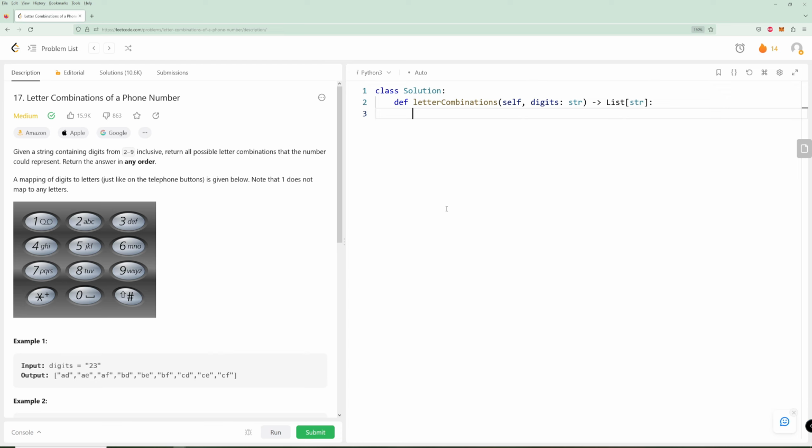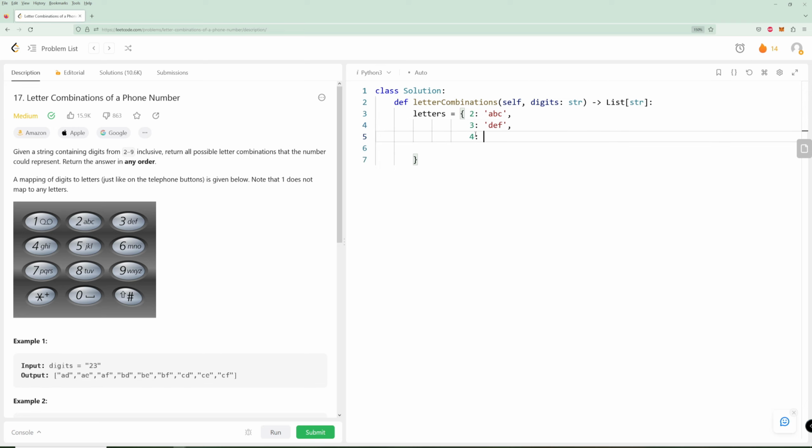And so what's going to happen here is we're going to have letters equals, and then you're going to want to make a hash map. And it is also good to know how to actually make a hash map with values, just in case you only use hash maps to add and remove digits, but you never made a hash map with key value pairs. So you're going to want 1, and actually 1 doesn't have a value, so it's going to be 2, it's going to have A, B, C, and then we're going to have 3, it's going to have D, E, F,